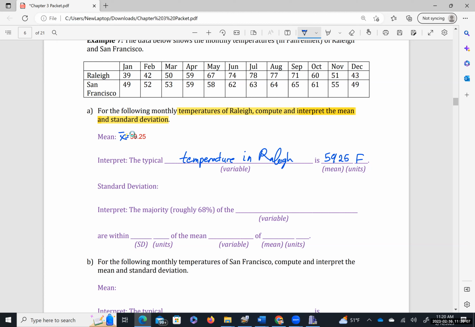What about the standard deviation? It's going to be S, the sample standard deviation, which is 14.17, to 2 decimal places. And then we say roughly 68% of the temperature